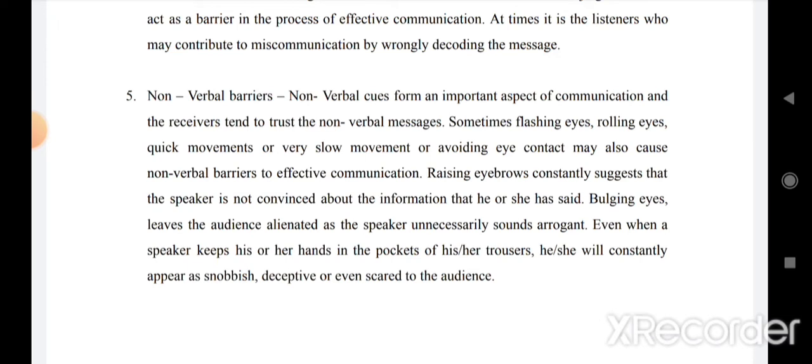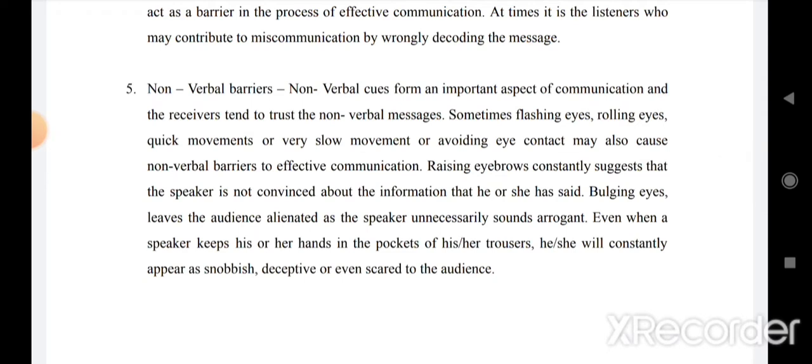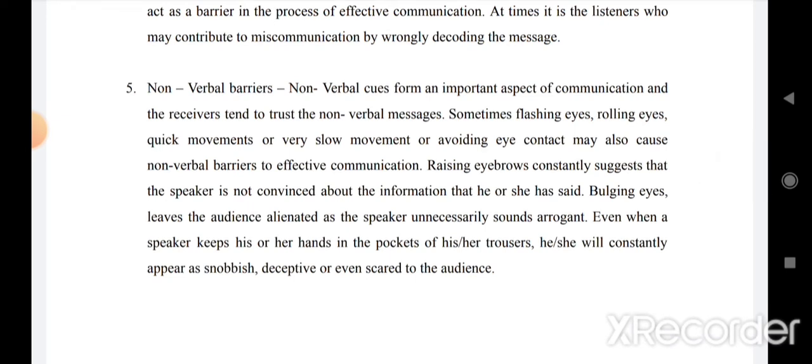Meaning, it's easier for a person to judge the other person and their intentions, or what is going on in the mind, by looking at their faces rather than listening to the words they are speaking. Why? Because one can be deceptive with words, right? One can choose to lie, but it is very difficult to control facial expressions or subtle hints. You know, sometimes flashing eyes, rolling eyes, quick movements, very slow movements, avoiding eye contact may also cause non-verbal barriers